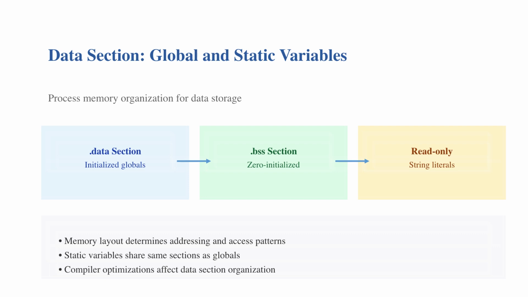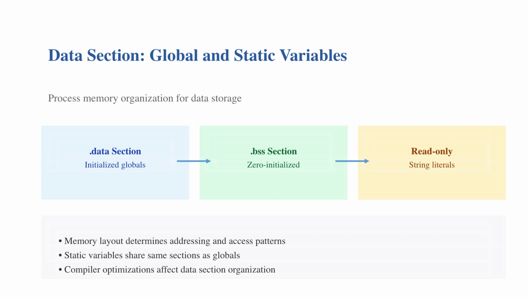Unlike the stack, which grows and shrinks dynamically, the data section has a fixed layout that's determined when the program loads. First, we have the data section, which contains initialized globals. These are global and static variables that have been given initial values in your code. For example, if you declare int count = 100 at global scope, this variable and its initial value of 100